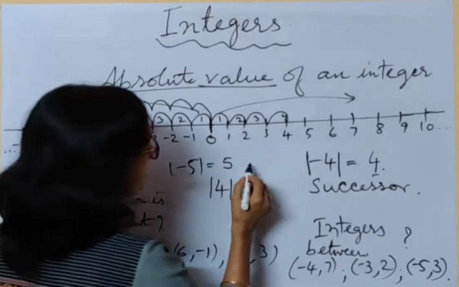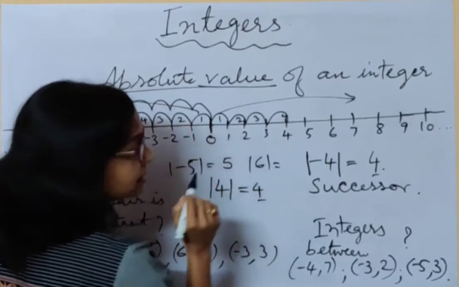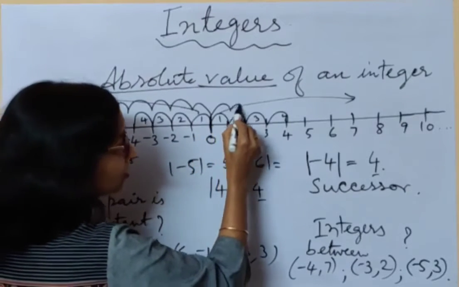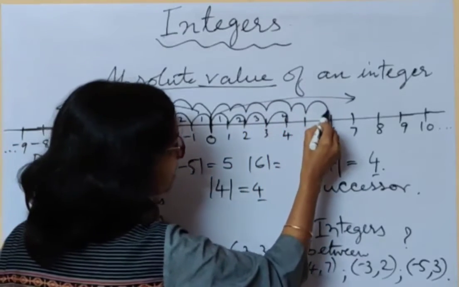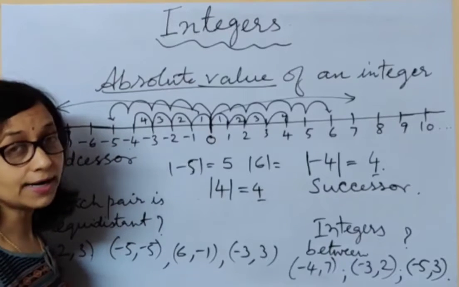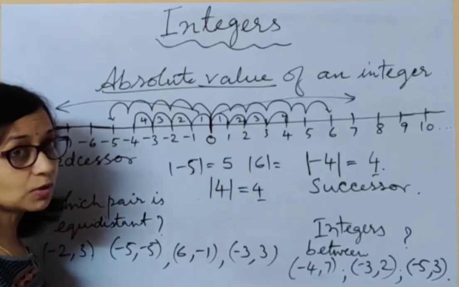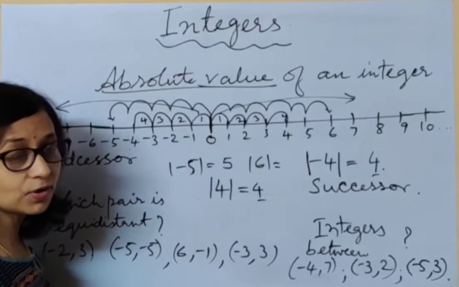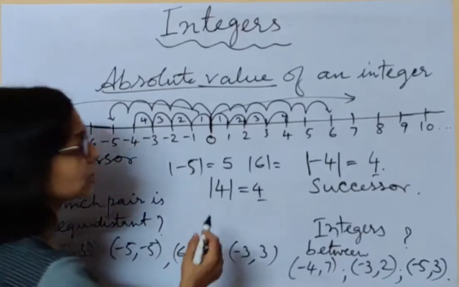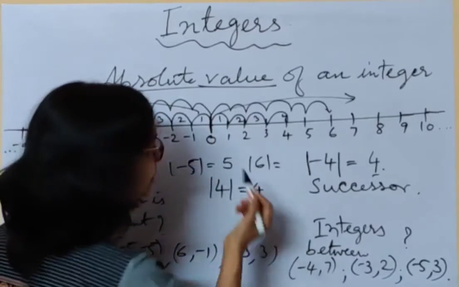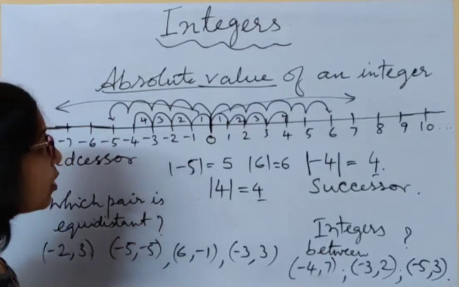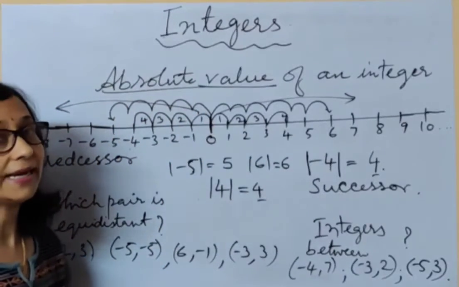In the same way, if it is +6, a positive sign 6, from 0 let me count to my right: 1, 2, 3, 4, 5, 6. Someone may tell you right or left, but when you are writing the absolute value, you need not mind whether it is right or left, positive or negative, any direction. You just write the actual value by counting the number of units. So 6 units have gone, so the actual value is 6. This is how we find the absolute value of an integer.